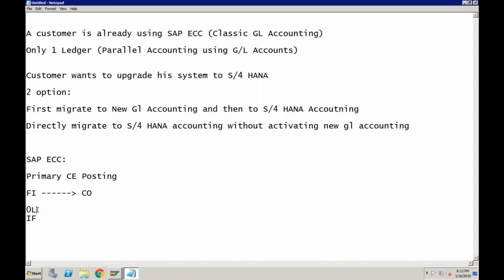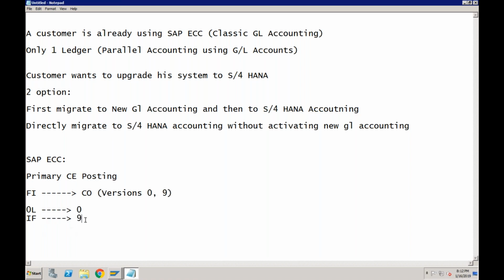No other ledger has the capability to pick the values from FI and post them into CO in SAP ECC. But now when we are talking about SAP S/4HANA, we can decide what values can go from FI to CO, which ledgers will post from FI to CO. So similar to ledgers in FI, in CO we have different versions. Okay, this is also available in ECC. Let's say we create version 0 and we create version 9. So we can tell the system that whatever we post in 0L should go to version 0 in CO, and whatever we post to version IF should be posted to version 9 in CO.